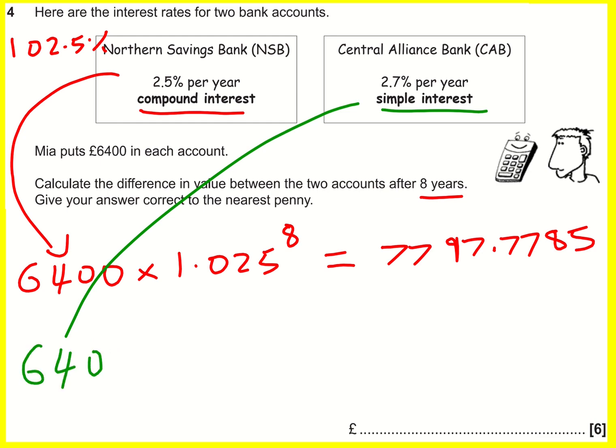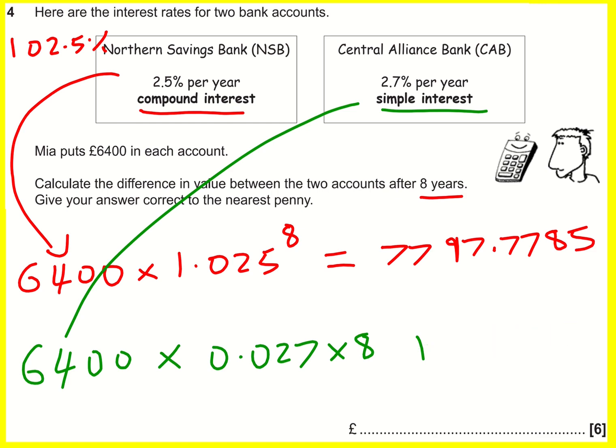It'll be 6,400 times 0.027. That will give me 2.7% one time. But actually, I want it 8 times, so I'm going to need to times it by 8. And that amount there is going to be my simple interest. I just then need to remember that I'm adding that